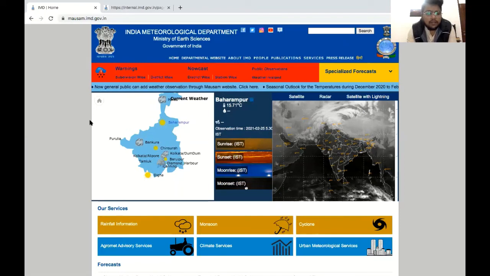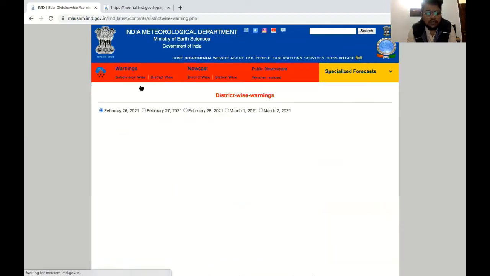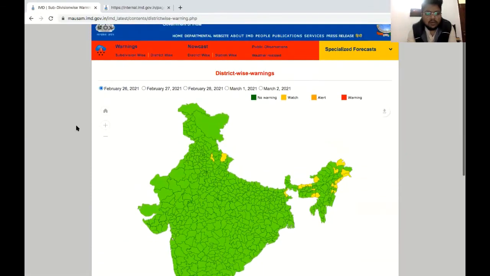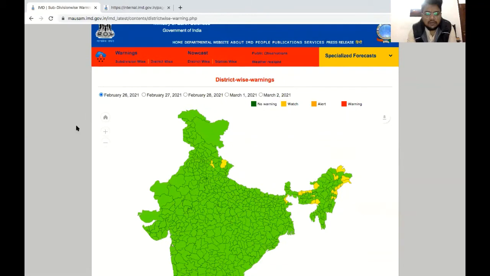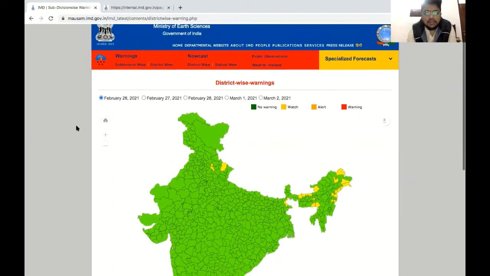Now, the main web page of the IMD is divided into four different sections. The first is warnings, the second is nowcast, weather realized, and specialized forecasts. Warnings are categorized either subdivision wise or district wise, and if we go to district wise warning, giving out warnings and alerts is one of the major mandates of the IMD, and so they categorize their warnings by four different